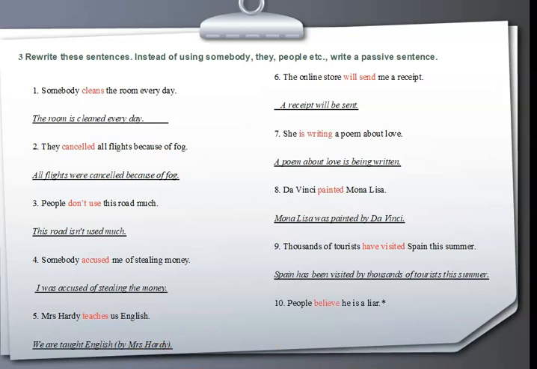People believe he is a liar. This is a tricky one. That's why it's marked with an asterisk. People believe he is a liar. He is believed to be a liar. He is believed